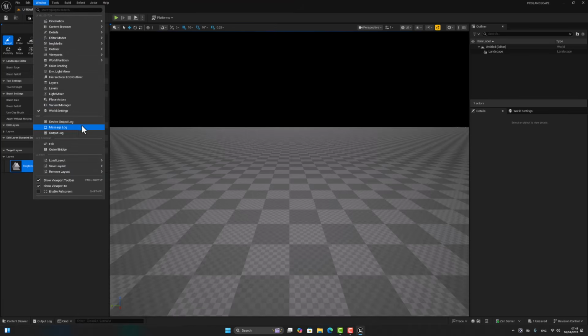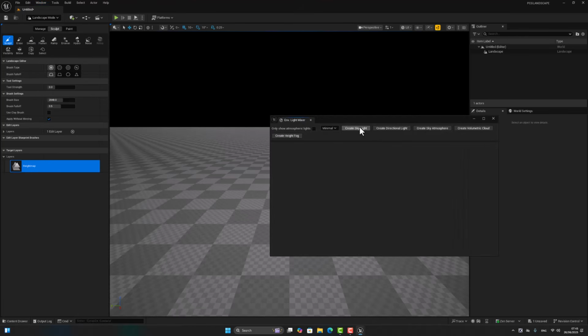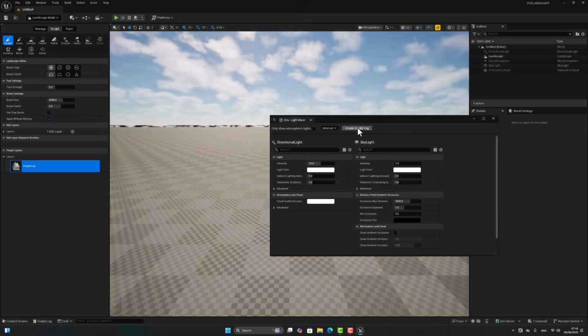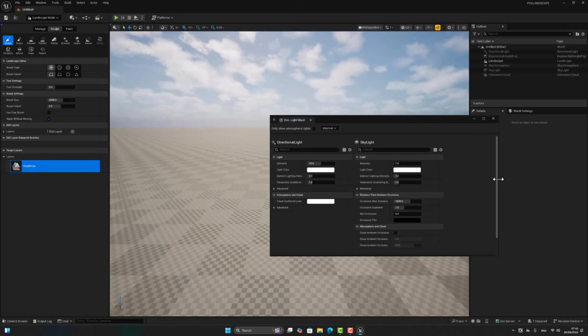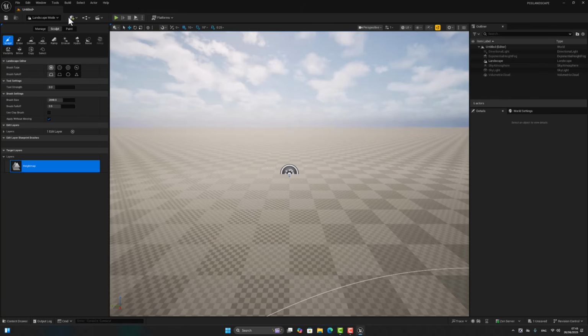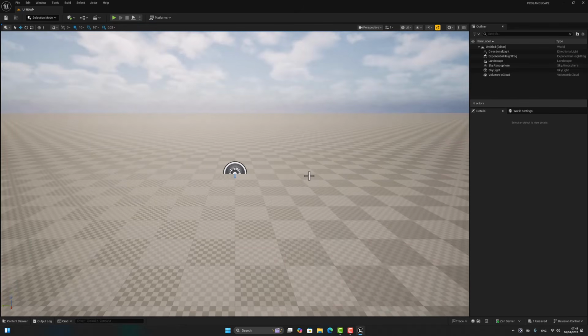After that, go to the window, environment light mixer, create skylight, create directional light, sky atmosphere, volumetric fog, height fog, and finally let's go down here to the volumetric fog. Let's go here to the selection mode,